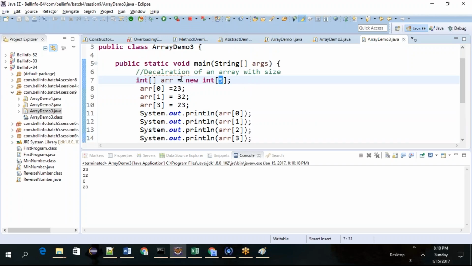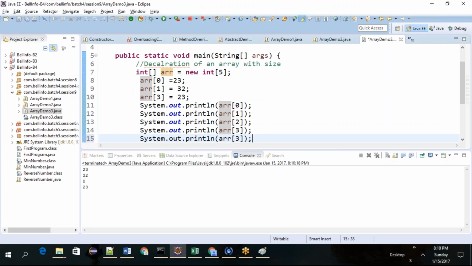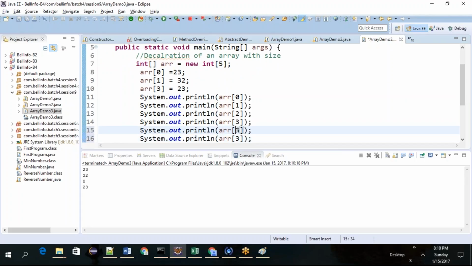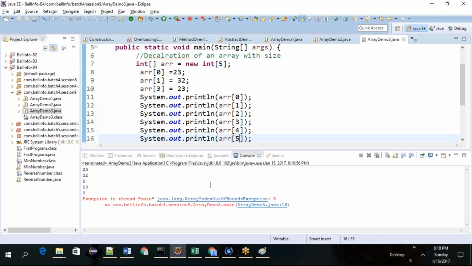we defined an array of type int with size 5, and we started initializing one at a time, right? 0, 1 and 3. We haven't initialized 2, we haven't initialized 4, we haven't initialized 5, but we initialized 0, 1 and 3, right? What if I try to define 4 and 5 as well? Size 4 in the sense you can't reach the index 5. Okay, so